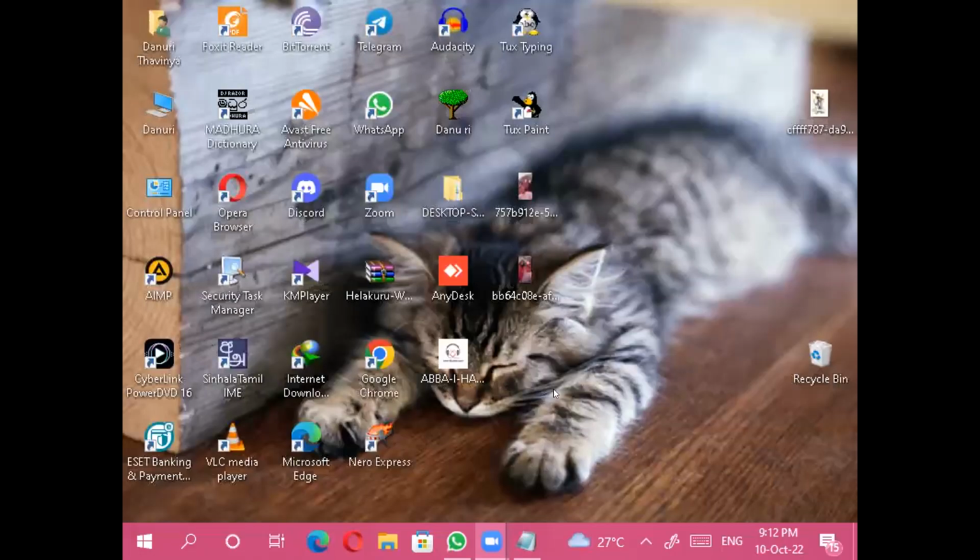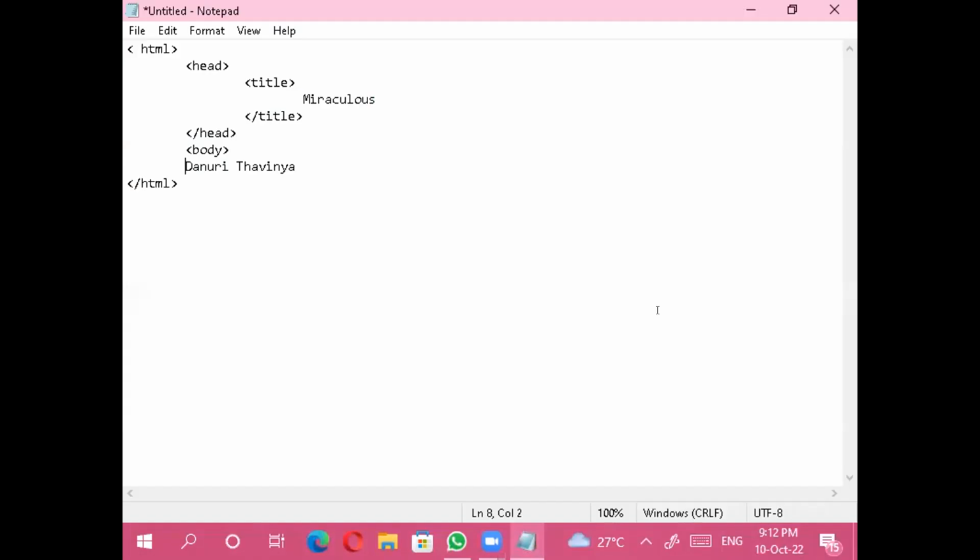The others can also, I think we have done this three times. Yes, okay, come, Danuri, waiting a long time. I think you have done this. Danuri, you need to close the body tag. I think you have not followed the instructions properly. When you open the tag, at the same time you need to close it, otherwise you will forget to close it. This situation happened when you forgot to close that.